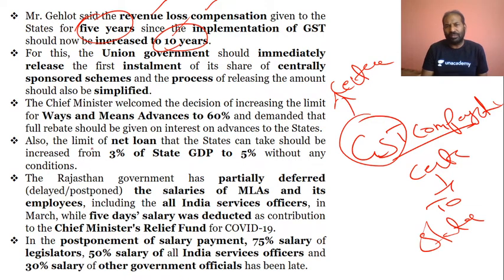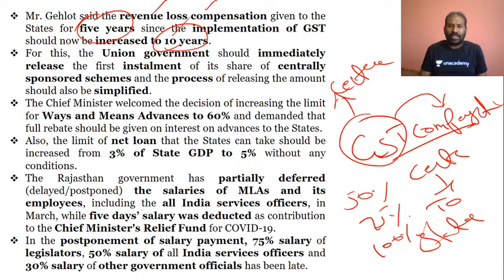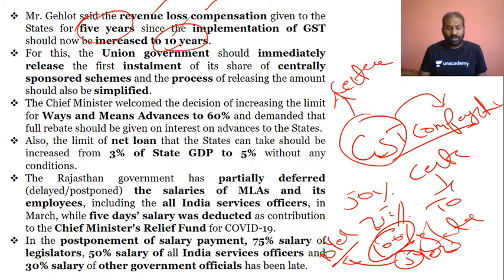This is also a very good point, wherein for civil services you have to focus on the compensation which the center has accepted for the states. How that was in regard to 50 percentage, 70 percentage, and 100 percentage, and this 100 percentage for 5 years. Fine, but what the Rajasthan Chief Minister is saying is that rather than 5 years, it should be extended to 10 years. 100 percentage compensation would be extended not for 5 years but for 10 years.